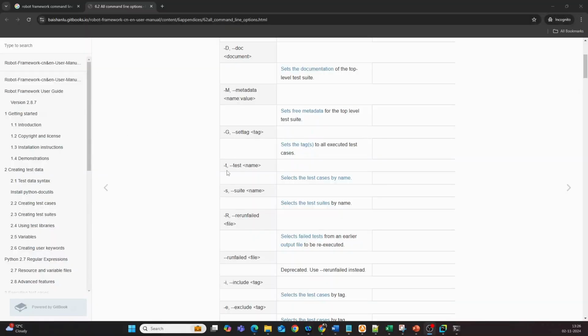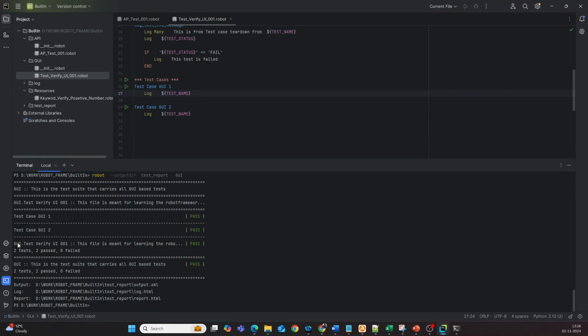Okay. If you want to execute a test case based on the test case name, then you will have to use -t or the --test command line option. So let us go and copy this. Let us go to our PyCharm. Let us bring out the last executed command, and along with this, let us also use the --test option, where you have to pass the test case name. I will pass this as a parameter. Since there is a space, it is always better to give it within quotes,